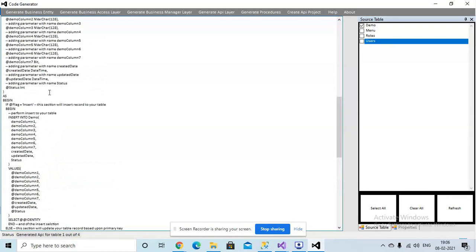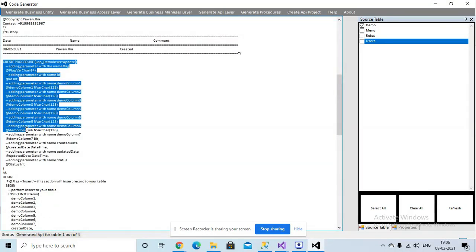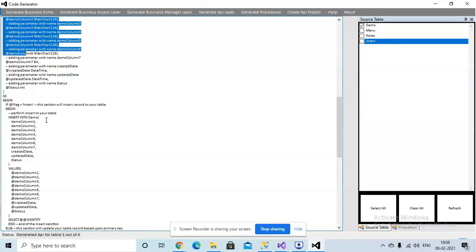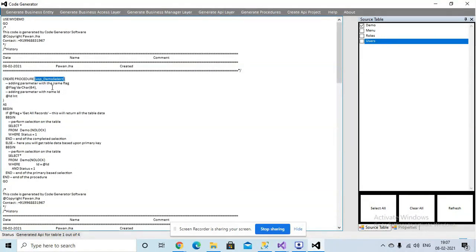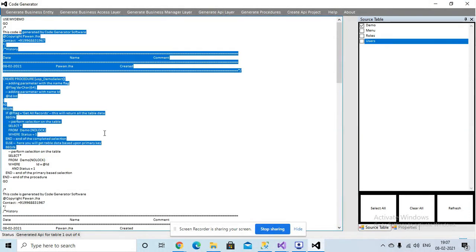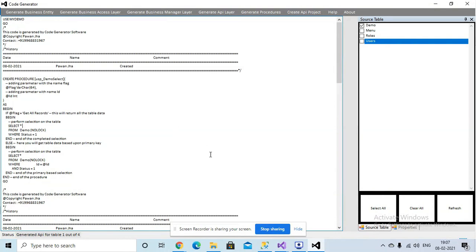Insert and update are taken care of by a single proc, that's why it is demo insert update, and demo select primary key and get by all record. So get all records and primary key are both taken care of by a single proc. So this is the proc which is generated by this tool.